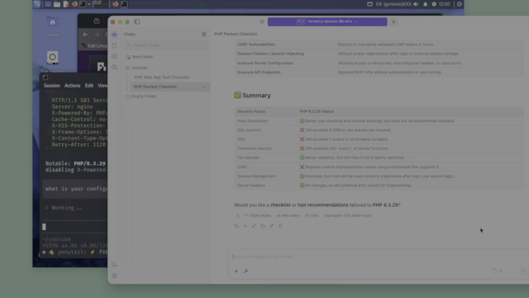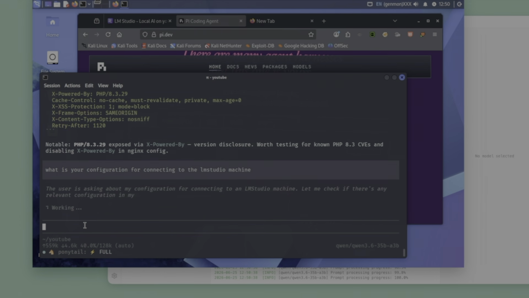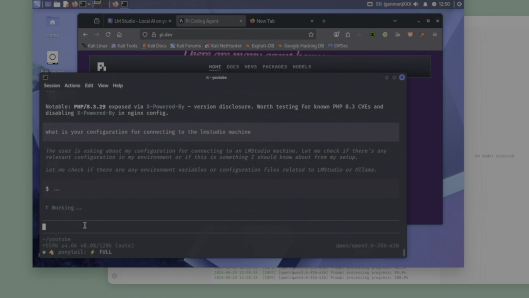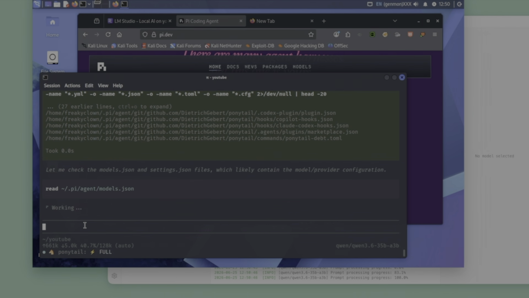Let's just check that it is running. We can go back here. Yeah, you can see it's processing that prompt now. And here you can see that both models are loaded in memory at the same time. This is probably the slowest way to do it because I could have just found the configuration file, but it doesn't matter. It's running really slowly now. It's obviously a very, very complicated prompt. There we go. So now it's figuring out where that configuration setting is,